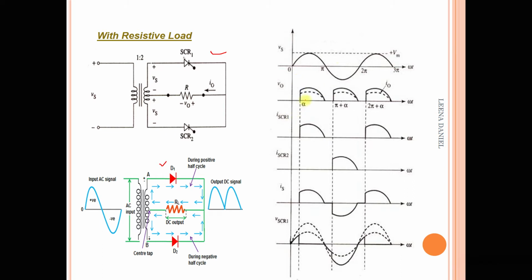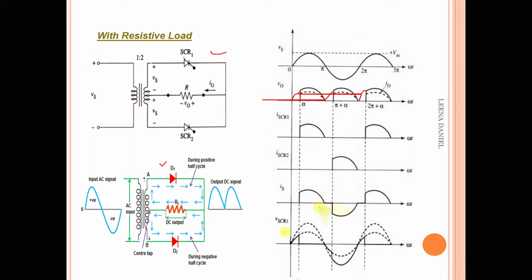So here is the waveform for the thyristorized circuit, but in case of diode we will get the output like this. Means we get full wave across the output. So this would be the output waveform when we use the diode circuit. And this alpha, pi plus alpha and 2 pi plus alpha shows the circuit possessing the thyristor. So these are the voltage and current waveforms.